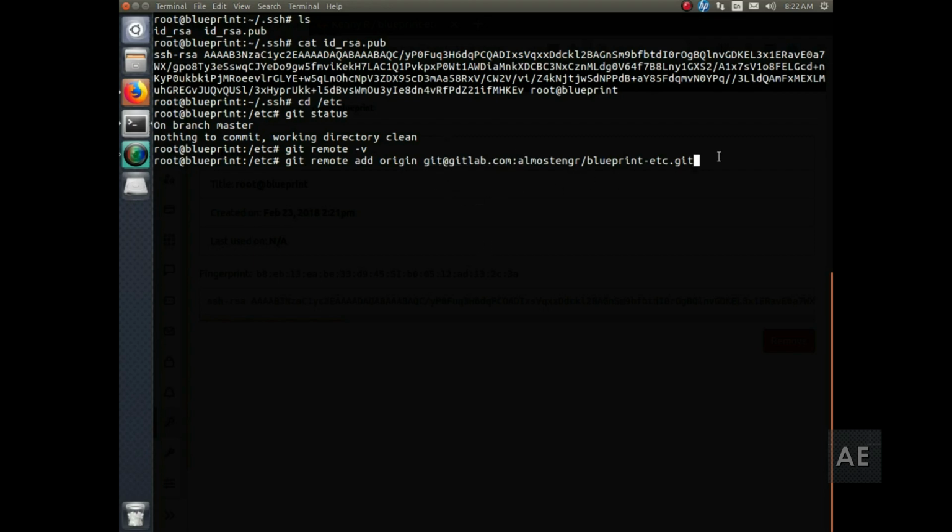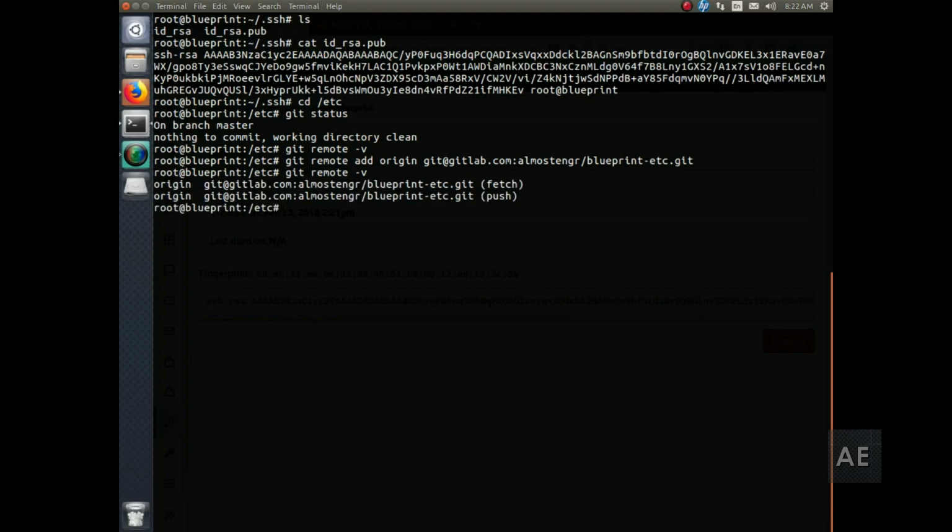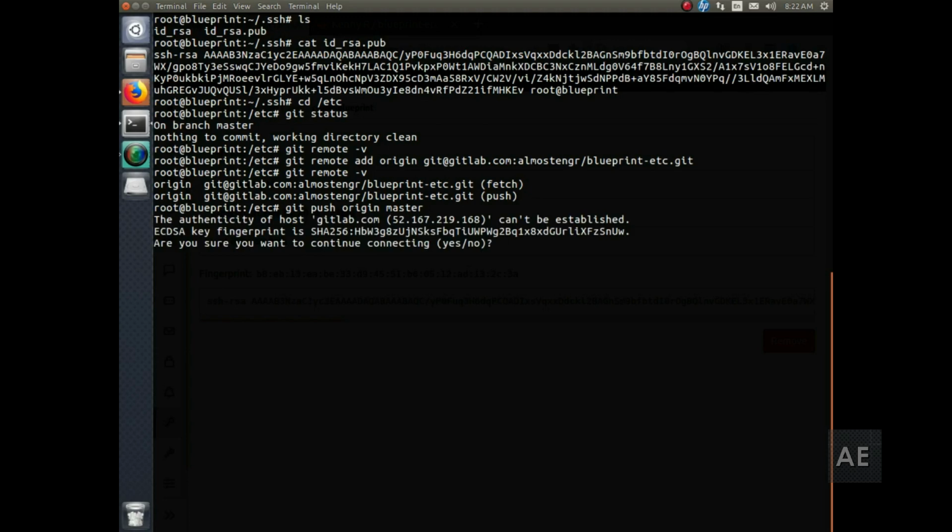So it's git at GitLab with all the repository name, and then you're going to confirm that the repository has been added as a remote system, and then you're going to run git push origin master, and it's going to ask you if you want to accept the key. You will type in yes,